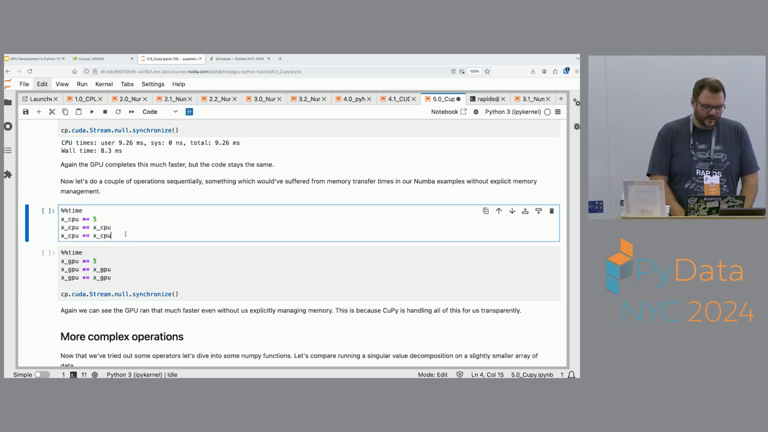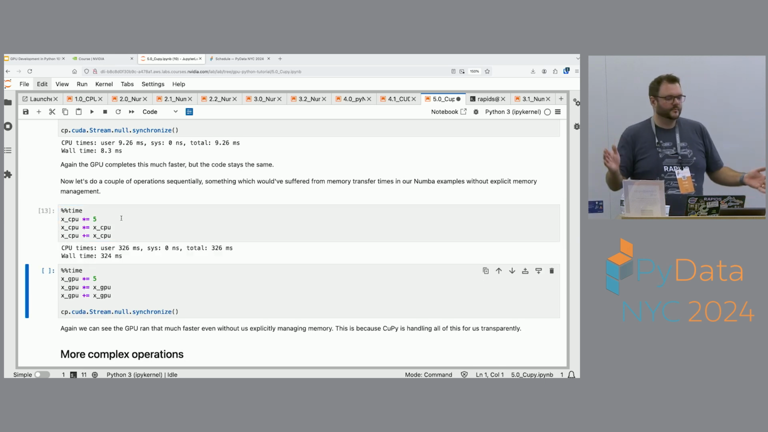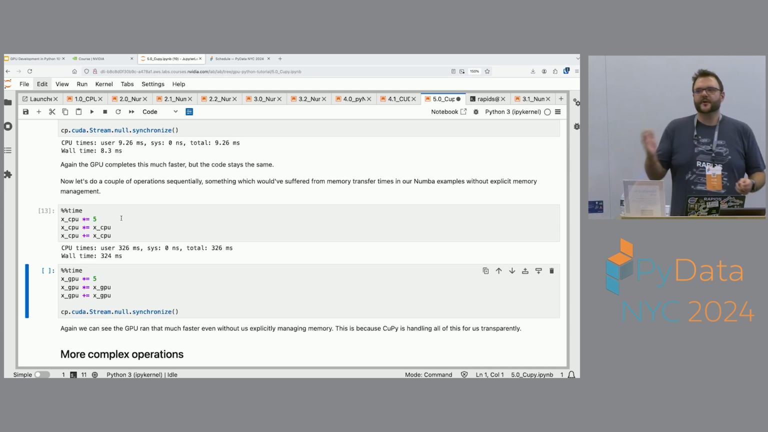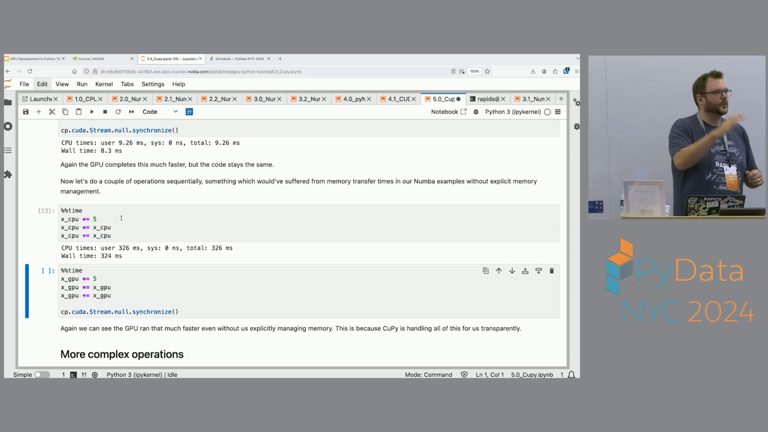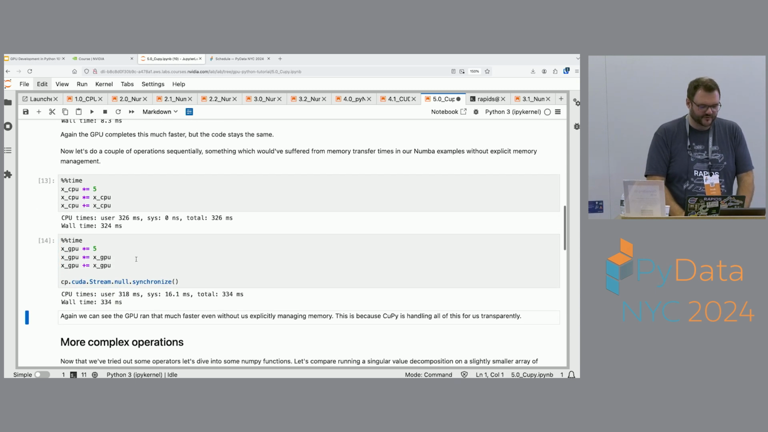Now we can do a couple of operations one by one, and this is to show you, if I times equal the CPU array by 5, and then we times equal it by itself, and then we plus equal it by itself. In our Numba operations, that would have done a load of memory copying, right? Between each call, it would have copied the memory back and forth and added all this overhead. So this cell is just to demonstrate that